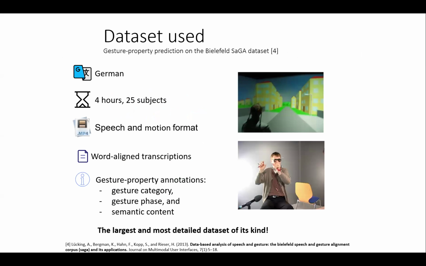And we trained it on a data set from the BFL group in Germany. It's a bunch of people looking at tours of a VR world. It's about 4 hours, 25 different subjects, and then they're asked questions like, where is the church? And they'll say, oh, well, you go down here and then you turn left and there's the church. And what does the church look like? Well, it has a steeple. And so they're fairly rich gestural examples of this VR world that they've gone through.